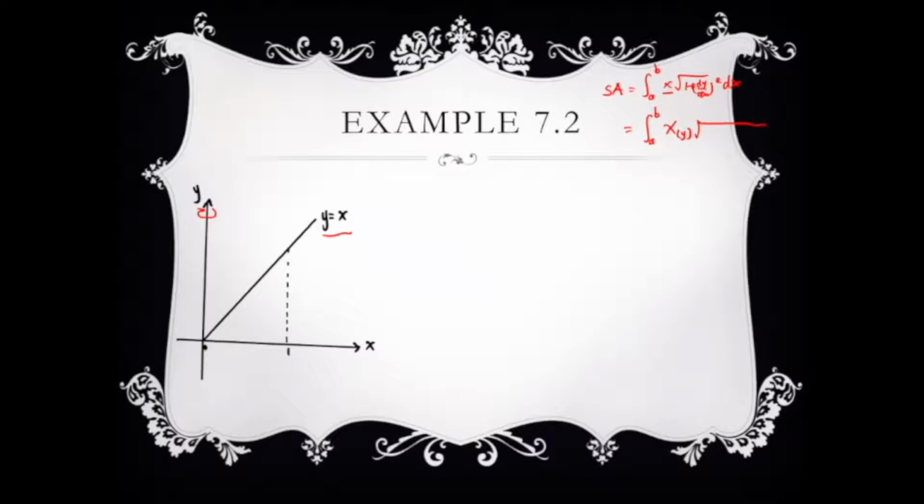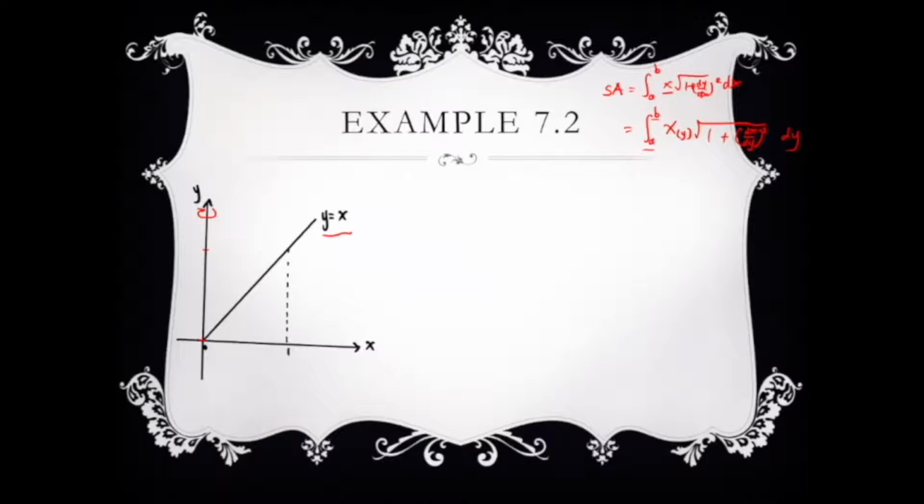And because we are doing it in terms of a function of y, we have to use dy here, and we change the dy over dx into dx over dy squared plus 1. And then because this is a function of y, a and b, the limit of integration here, represents the range from where y goes from to where y goes